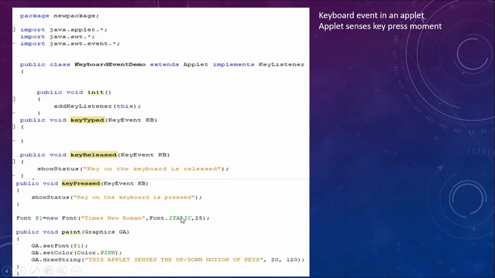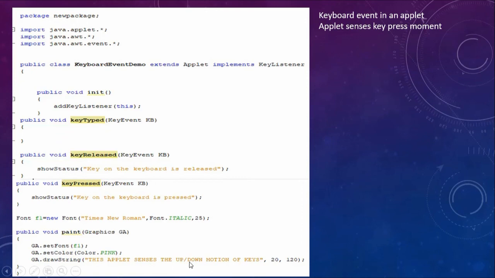Italic and bold are static members of the class Font, so you can directly use the class name and the dot operator, and 25 is the size of that font. Then in the paint method, the very first thing I do is set the font to F1. Then I set the color to pink, and then I call drawString. This will be printed on the canvas of the applet.